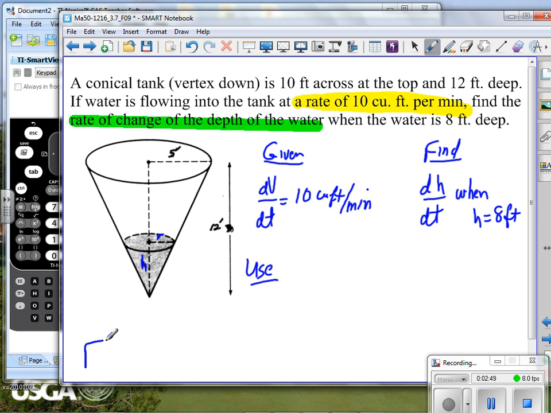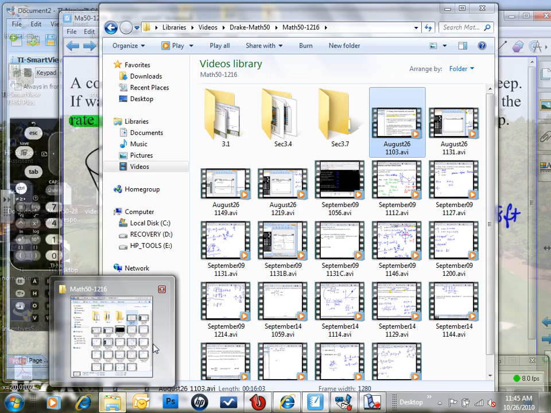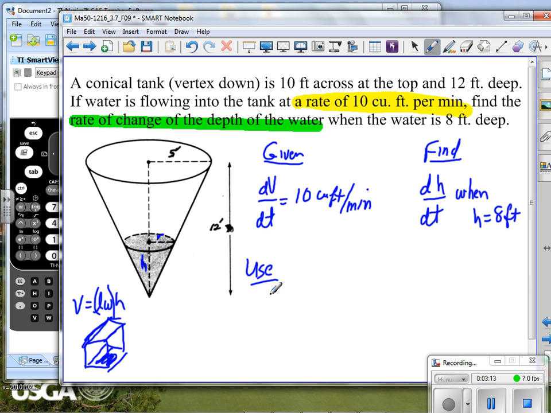Let me just draw you a quick little diagram here. If we have a, whoops, that's supposed to be a box there. If we have a regular parallelepiped, a box, whatever, we look at volume, we're looking at length times width times height. Length times width. Volume is always measuring the base, okay, times the height, okay? So what we've got here is the base is a circle, so that is pi r squared, and then the